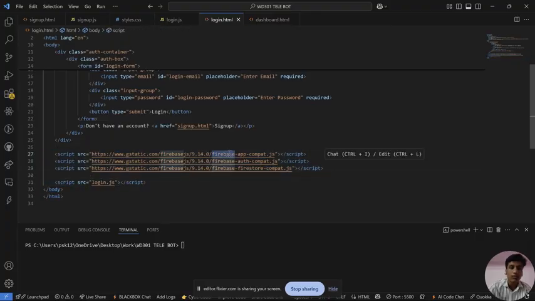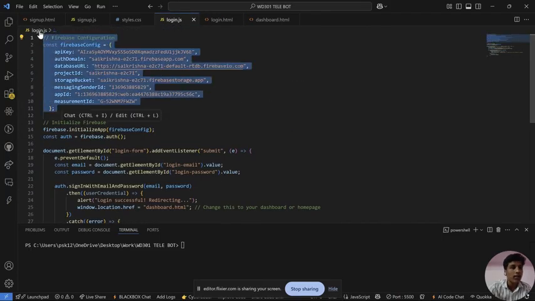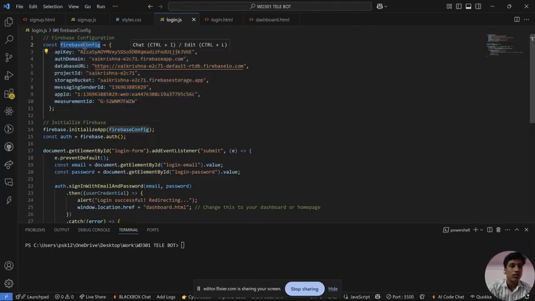These three script tags are to import the Firebase main core library, the Firebase authentication core library, and the Firebase Firestore database library. And this script tag is to import the login.js, and we will see this login.js now. This first block of code is to configure the Firebase